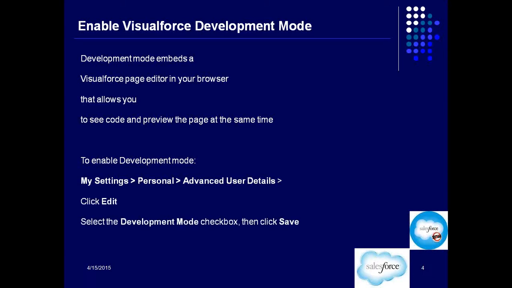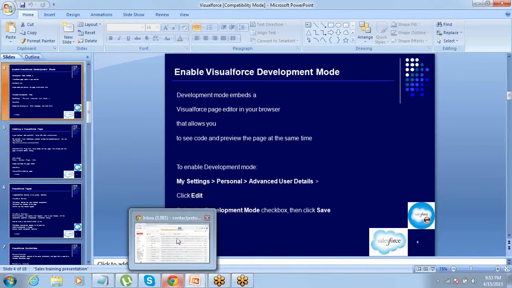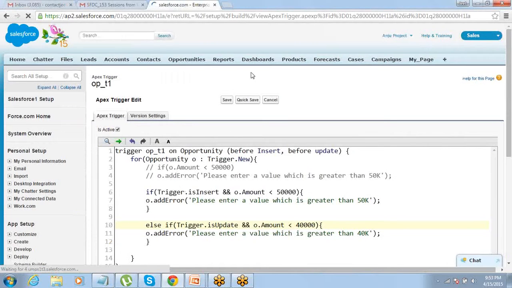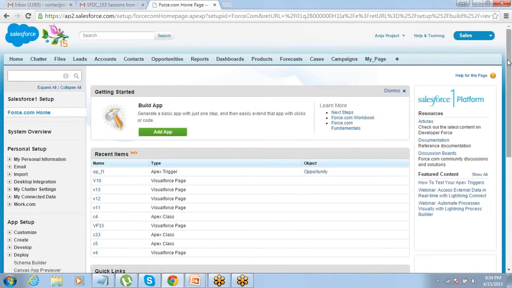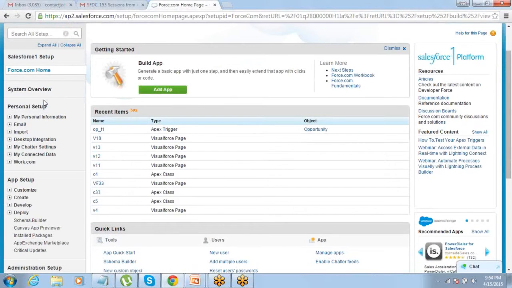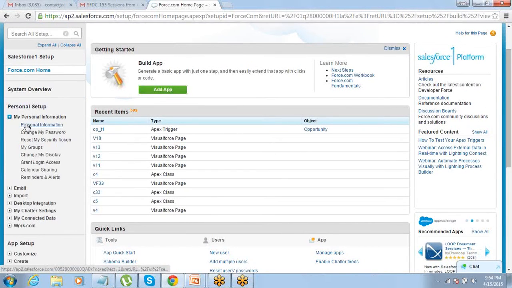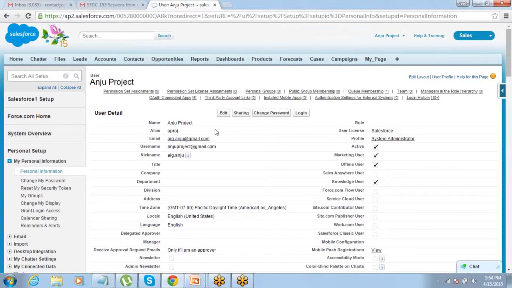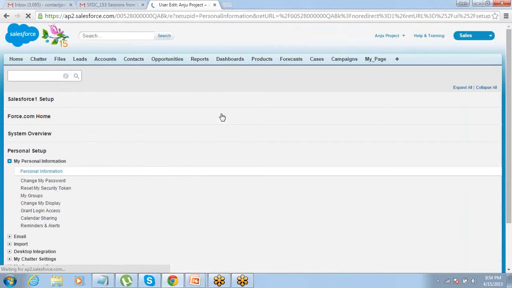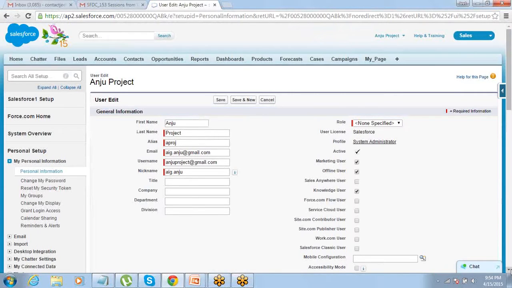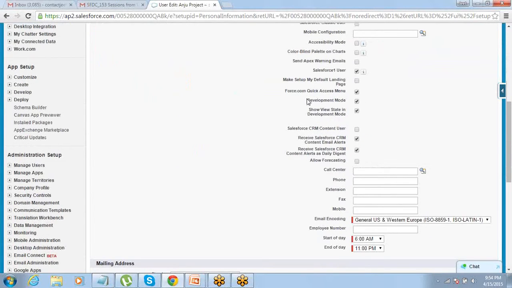Can we quickly do this? If I have to show it to you, just give me a second. I might already have this enabled, but still you can go to Setup or My Settings, whatever is applicable for your developer edition, and then under that go to your personal information and click on Edit, and under Edit make sure that this box is checked.